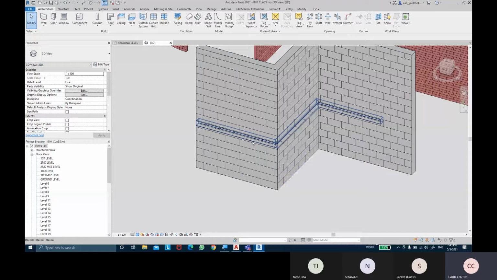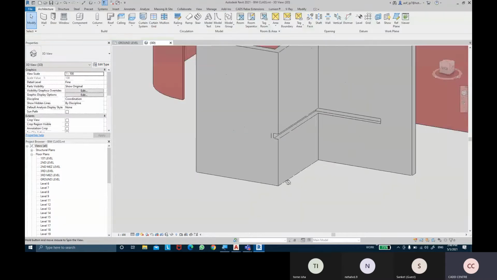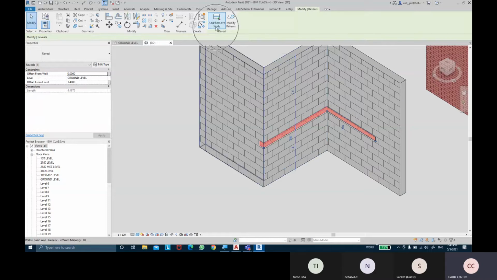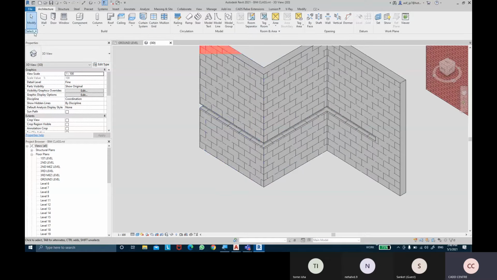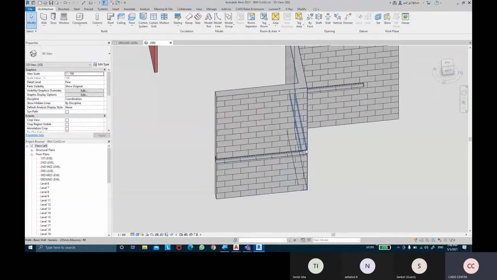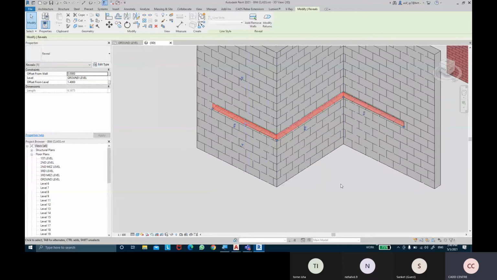cycle the selection. Okay, and then when it's selected, I can use add and remove walls, and then I can remove this wall. It will not be applied to that part of the wall. And if I want to apply it to that part of the wall, keep the cursor, select that reveal, add the wall. I'm going to select that wall. Okay, so you can add the walls as well. Whichever walls you want to add, you can select the reveals, just drag the points and point positions like that.